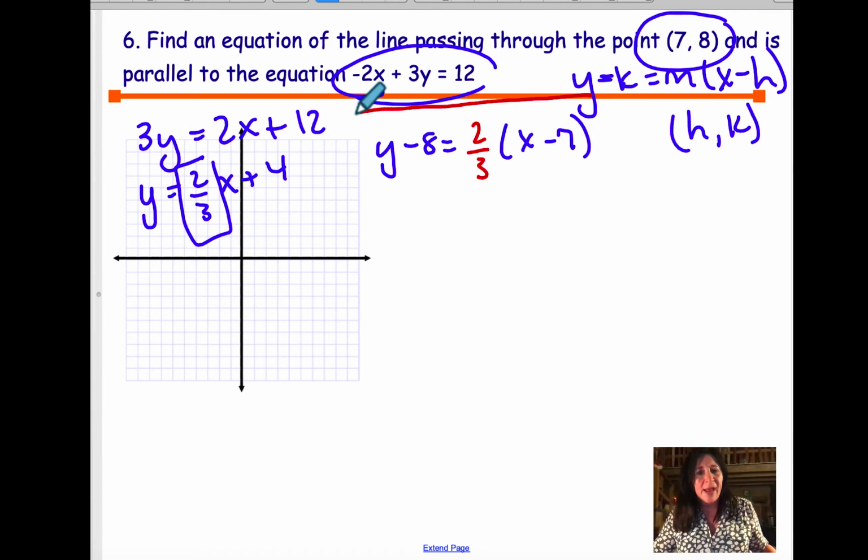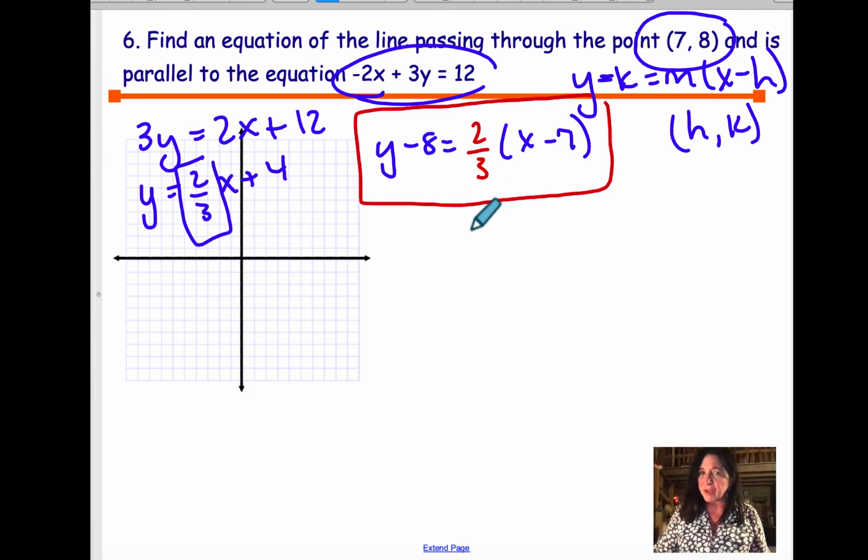Now, if they don't ask you which form to put it in, you've got point-slope, you're done. But if they say put it in slope-intercept form, then you would need to solve for y. So let's just do one of those. So we're going to go y equals, I'm going to distribute this 2/3, and I'm going to get 2/3 x